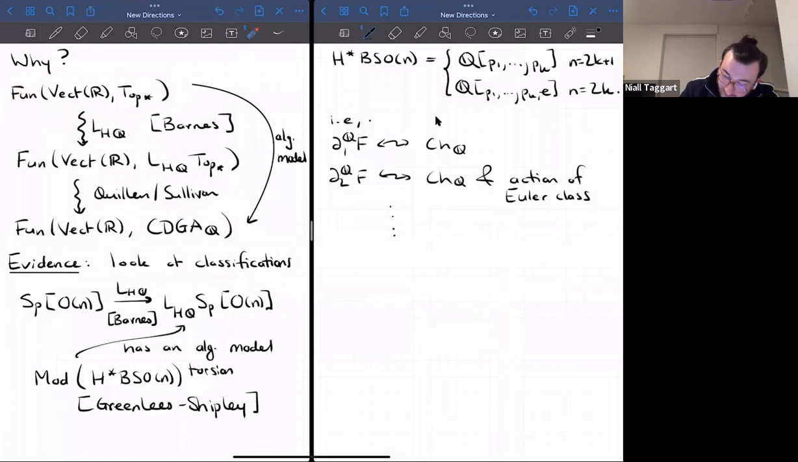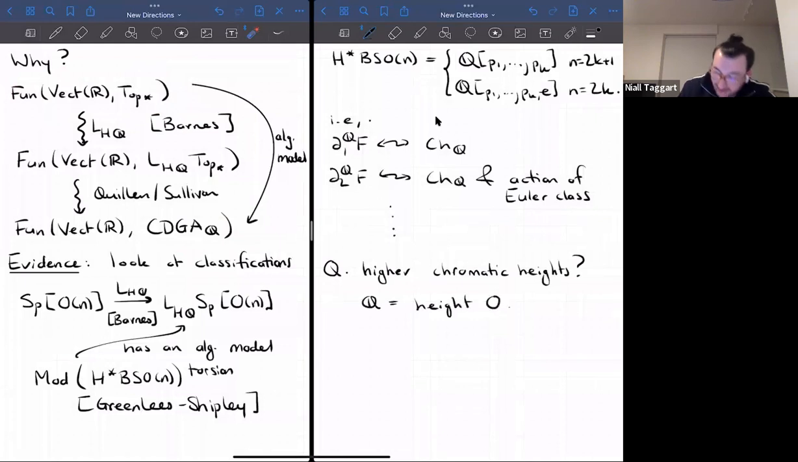So then the standard thing one can do as a homotopy theorist is ask, well, what next? So if you could figure this out, then what's to stop you going to higher chromatic heights? So rationalization is height 0. And this is a big hierarchy of prime ideals of stable homotopy theory, if you will. And at higher heights, we know that basically there's a version